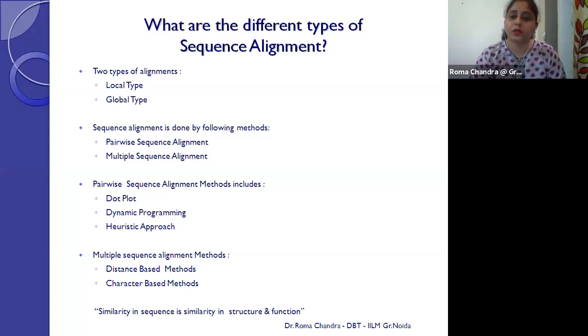But when we talk about global alignment, this is said to be end-to-end alignment. When we are aligning two sequences, they will be aligned from one end to the other end, and we will not only cover the similar regions, but also the dissimilar regions, the mismatches and the gaps. Because in global alignment, we consider that these gaps, these mismatches, these variable regions are regions that got converted into these regions because of mutational changes.